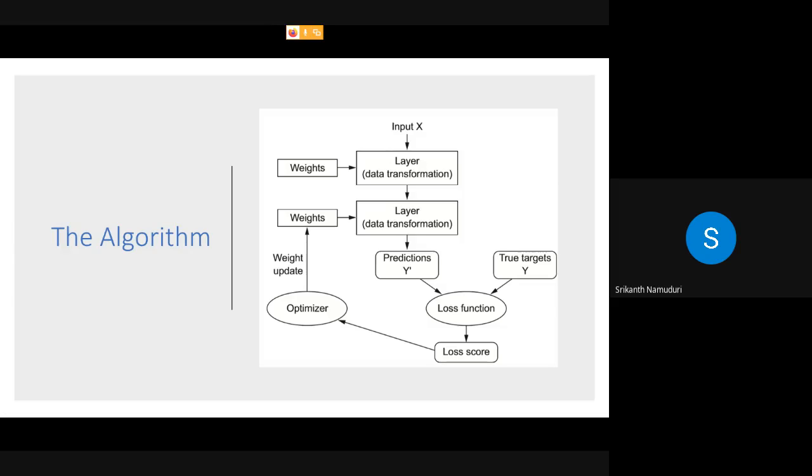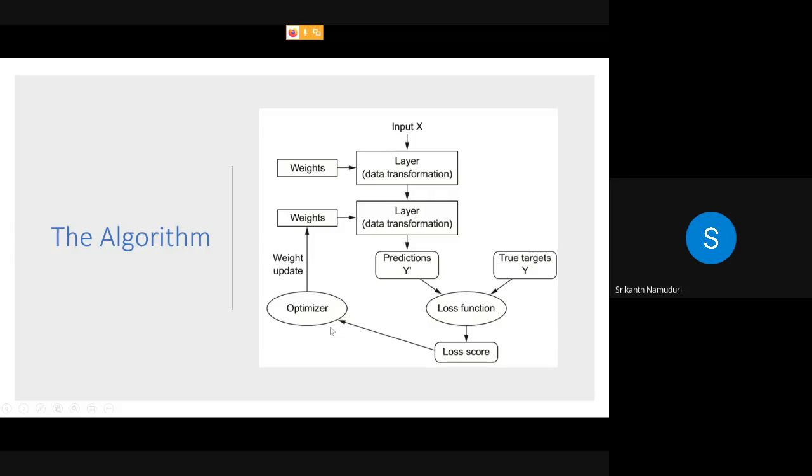For example, it could be root mean square error. Let's say you are predicting a sensor output, and your prediction says 0.1, but the actual value is 0.2. You calculate the difference, and then you square it. You add that for each of the samples, and then you take the square root. In other problems, you could use a different loss function based on the problem you're trying to solve,